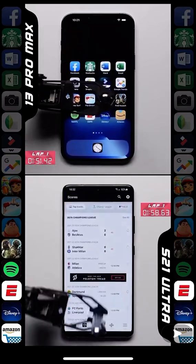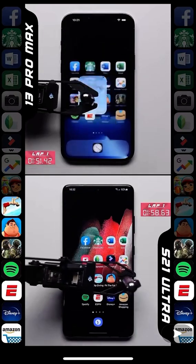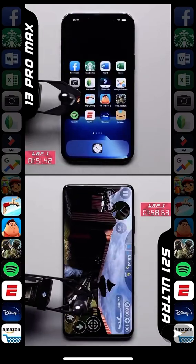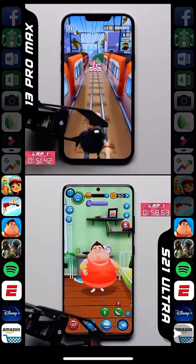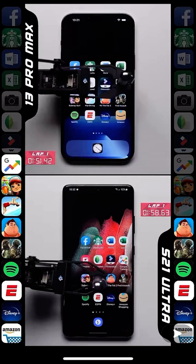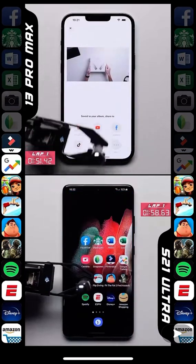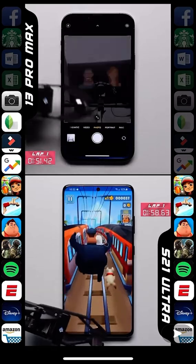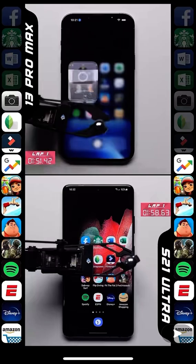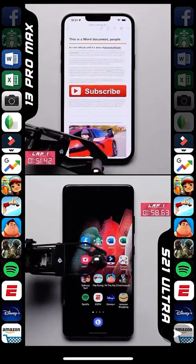So at least when it comes to perceivable real-world speed with apps that are actually on the App Store, obviously the iPhone isn't 50% faster like a synthetic benchmark would have you believe. The Galaxy actually does a much better job at loading those lightweight apps, due to probably having more RAM and caching those apps better, while the iPhone does a better job with the more processor-intensive tasks like video exporting, which in the day and age of creating short-form content on your phone for things like TikTok can be important to